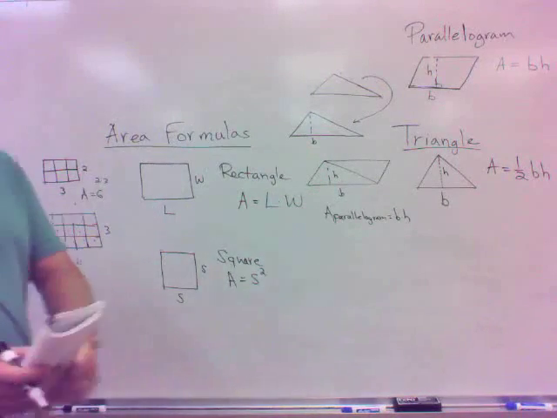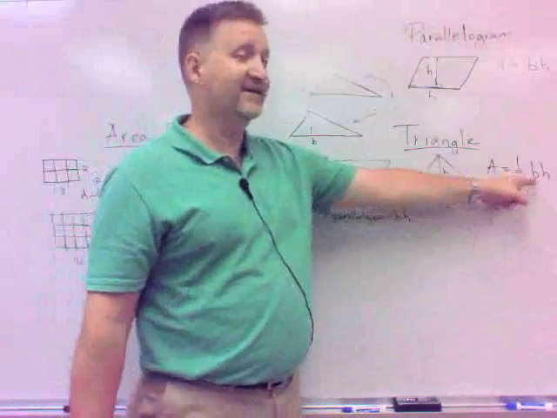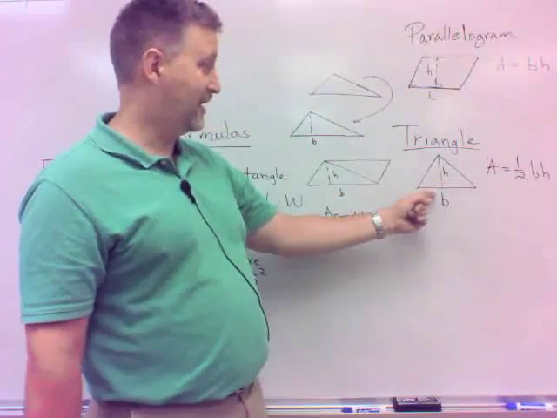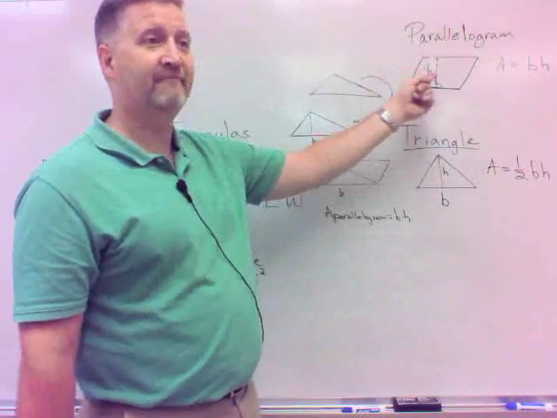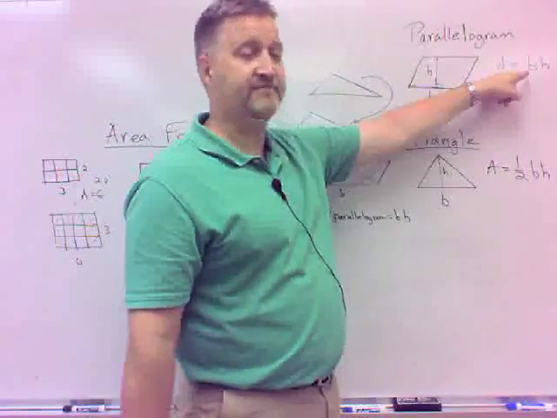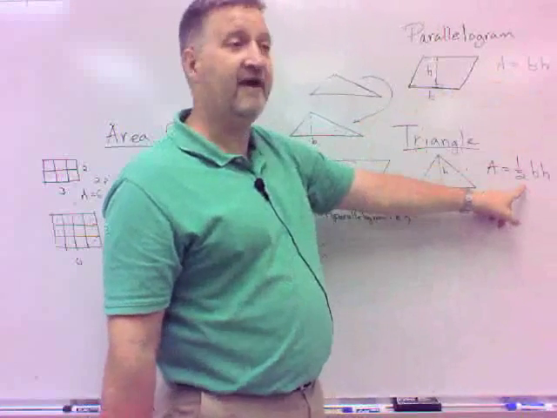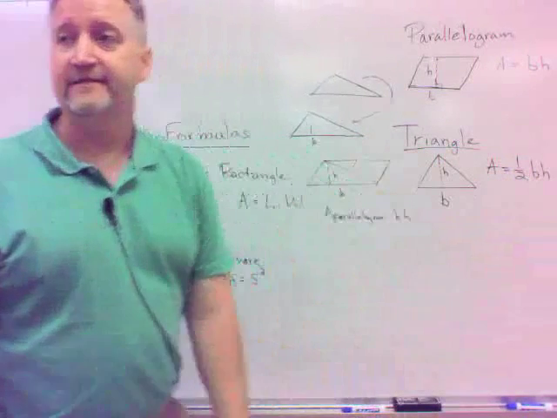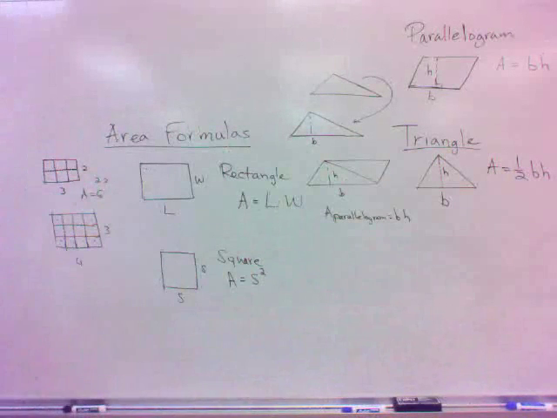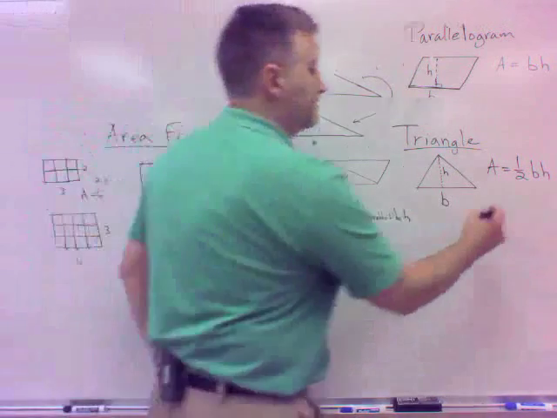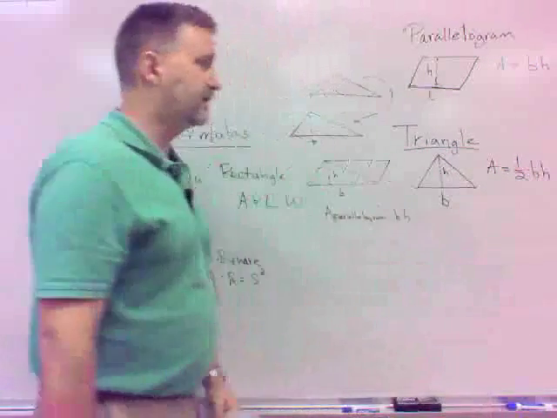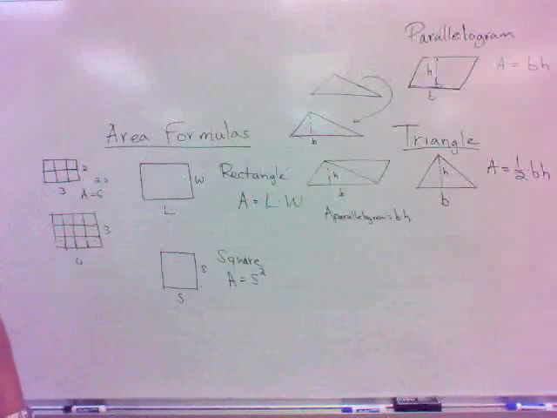But why is it half of base times height? Well, if you think about it, a triangle is half of a parallelogram, and a parallelogram is base times height. So a triangle is half times the base times height. It's all multiplied, yes. Half times base times height. Okay? All right, well,